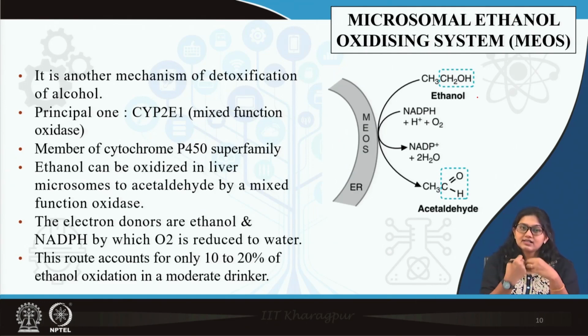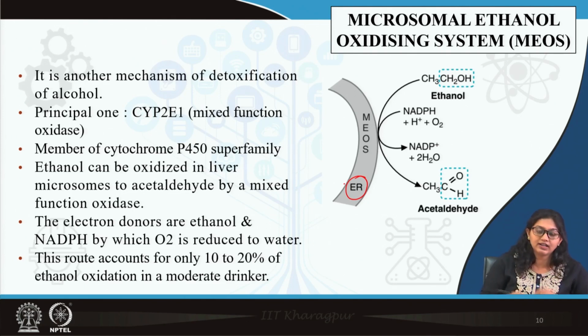Now, apart from this system, ethanol can be oxidized instead of by alcohol dehydrogenase. Ethanol can be oxidized by another system which is known as MEOS, microsomal ethanol oxidizing system. So, definitely the enzyme is located in microsome or endoplasmic reticulum. Now, this MEOS is a part of the cytochrome P450 superfamily, and there are multiple enzymes which can take part in alcohol oxidation, but the most important one is cytochrome P2E1, which is a mixed